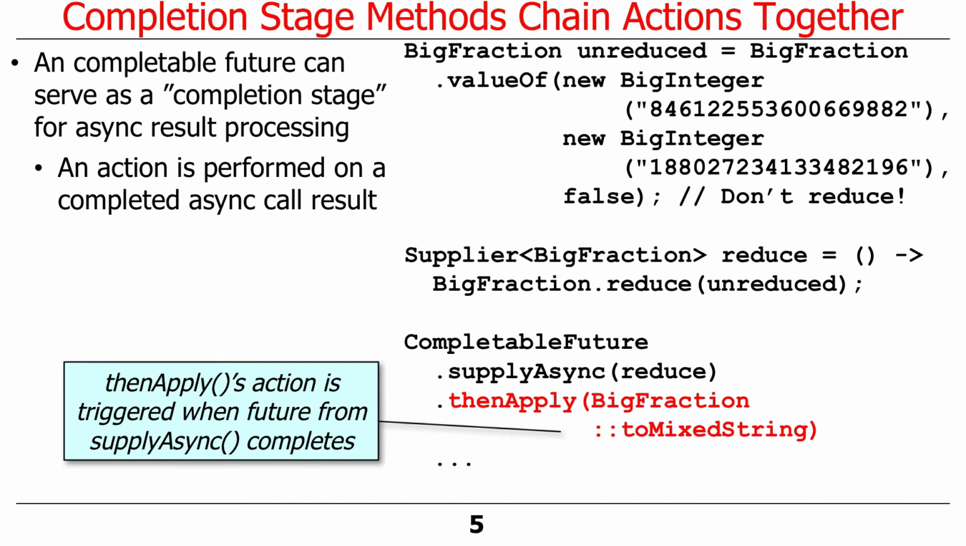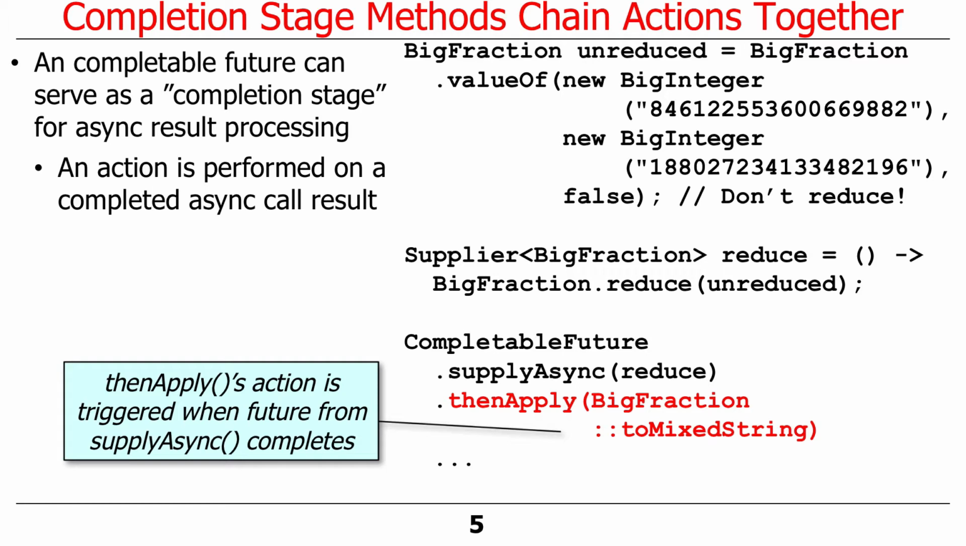So here's what you do. An action can be performed on the result of a completed async call. And this is where we start getting into the advanced features that don't come out of the box with regular old futures or the basic features of completable futures. I'll show you this example in more detail later. This is just more big fraction stuff. But essentially what we're doing here is we're going to